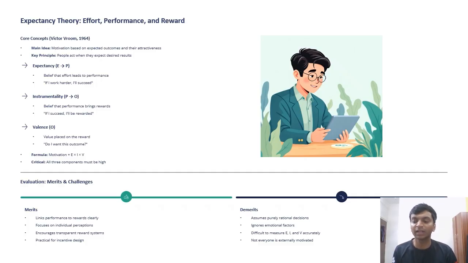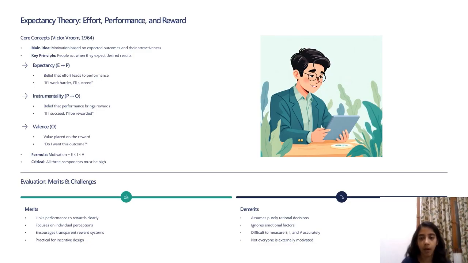The rewards here are very clear. For a sales or marketing person, the commission is clear: if you achieve these goals, you'll be able to achieve these rewards. It's also quite logical. And the fourth one is practical for incentive design. So the incentives here are clearly defined. Okay, and it's very practical as to how the market works and what would make an employee motivated.